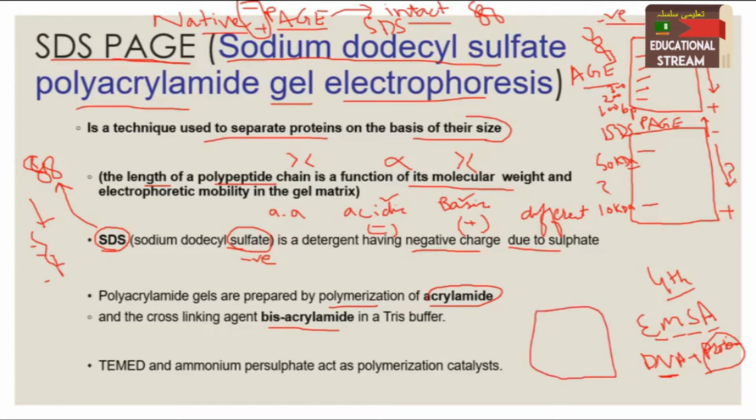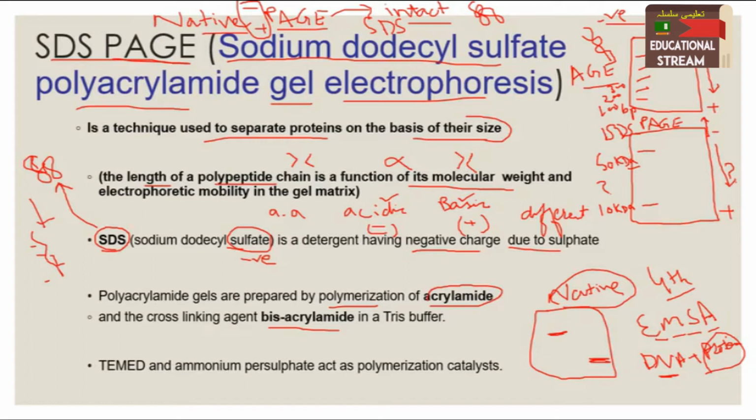When the protein and DNA combine or interact with one another, the size becomes larger and the band appears on the upper side. And when there is no interaction, you can see the labeled DNA at the bottom of the gel. For that purpose we use the native gel, because now the protein will be able to interact with its proper DNA sequence, which we call the cis-acting sequence. It will bind with the cis-acting sequence in its native state, because if we treat the protein with SDS, then the protein will become denatured and will not be able to perform its function.